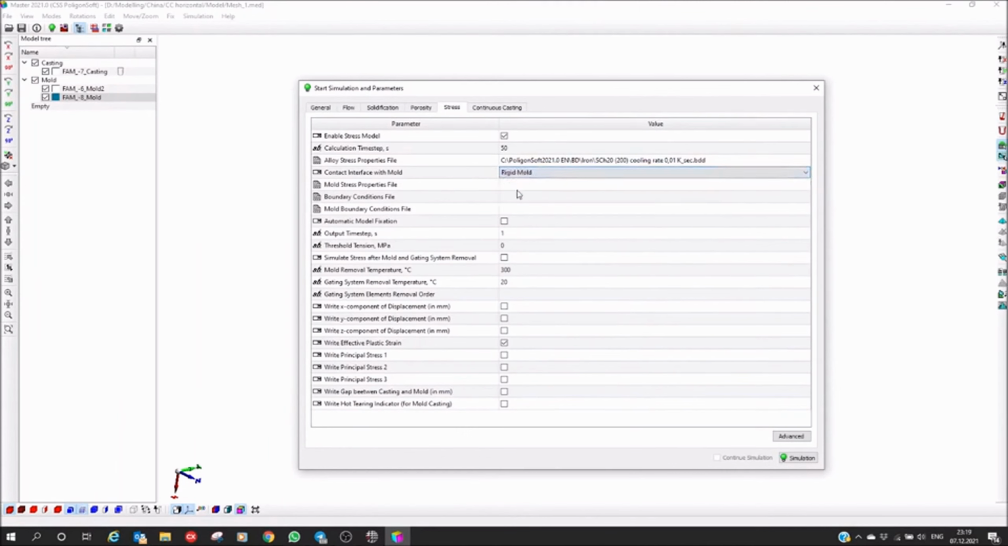If we select it, we don't need stress properties for the mold, and we don't need any additional boundary conditions for the mold. It is a very simple and effective way to simulate stresses in casting without taking into account contact between casting and mold. Now I need to set up the output time step, and I think 100 seconds is fine. Then I can simulate stress in casting not only during solidification and cooling in the mold, but after